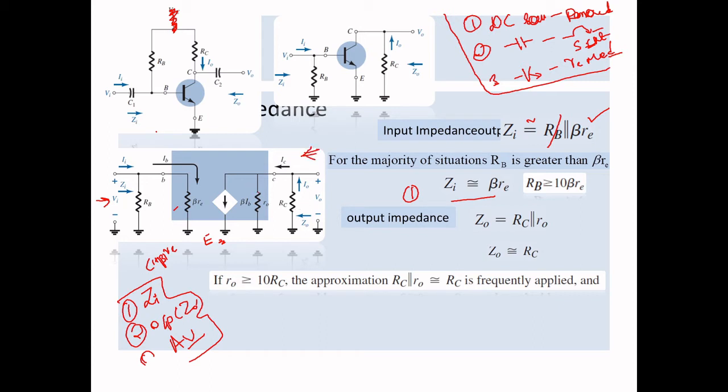So you can see this r naught and RC. This is the internal resistance and this RC is externally connected. So RC and r naught both are in parallel. Here also we can make some approximation: when small r naught is greater than or equal to 10 RC, I can go for the approximation model. In the approximation model, you will remove your r naught and write only RC. So RC you can put for the approximation model, and RC parallel to r naught you can put for the exact model.